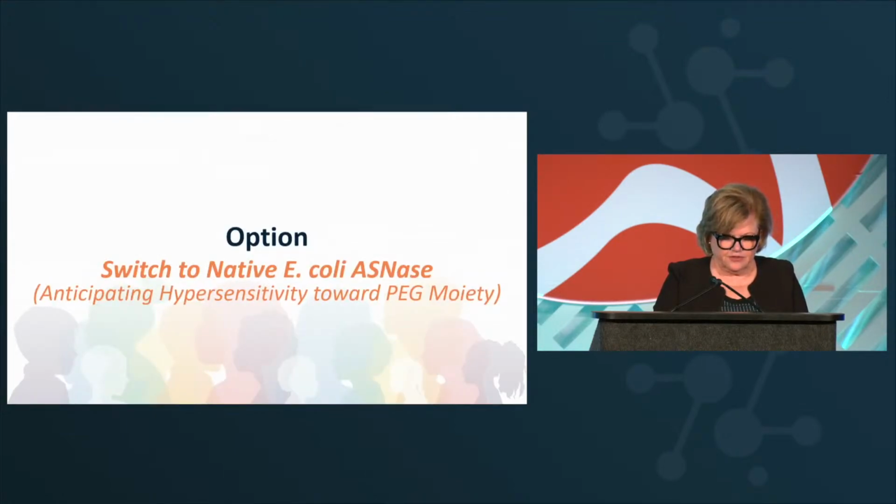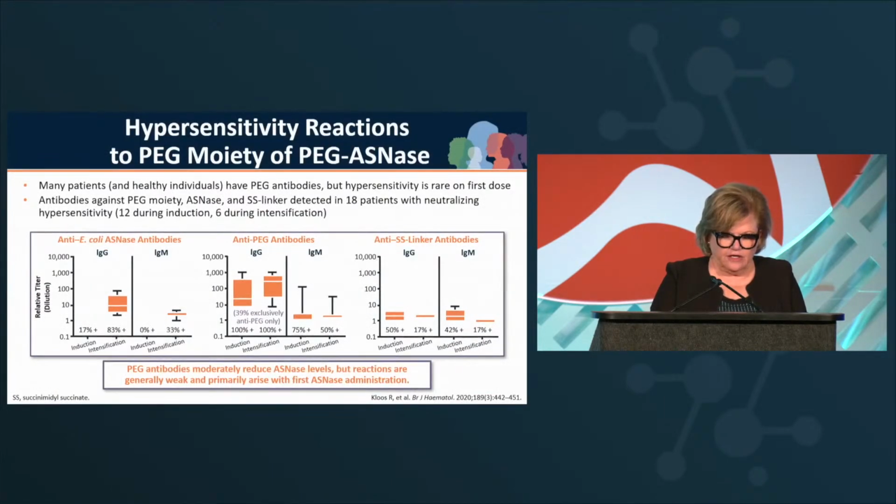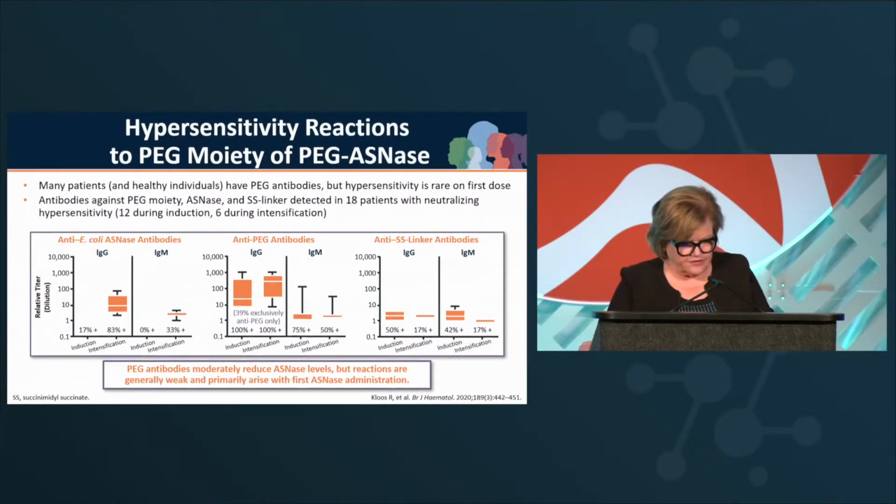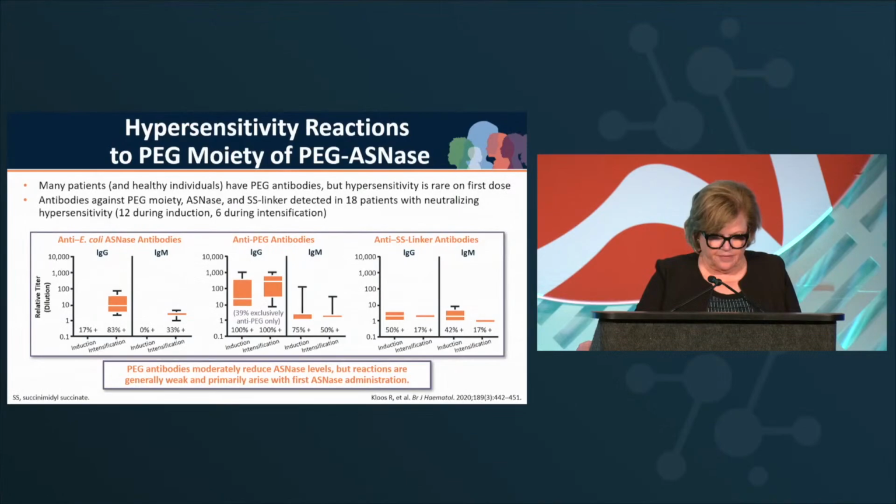So the second option, switch to native E. coli asparaginase. And so here we can look at the sensitivity reactions to the PEGs. Here we've got the anti-E. coli asparaginase antibodies. You've got your IgG and your IgM. I always tell my students, the great way to discern between what is IgG and IgM: remember that the IgG is showing us a past exposure, and the IgM is showing us an immediate